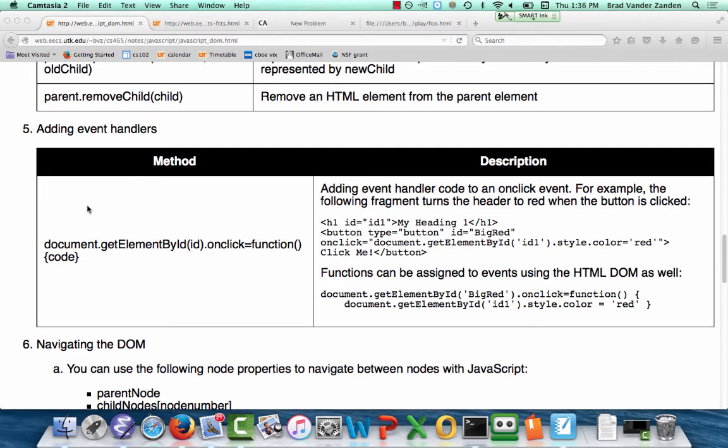So every element has a set of events that are associated with it. Now, we'll go over a complete set of those events on Tuesday, but we'll go over just an example here,